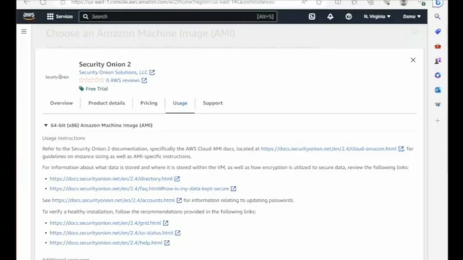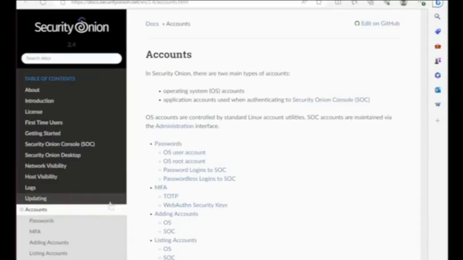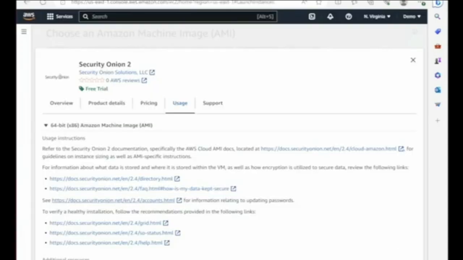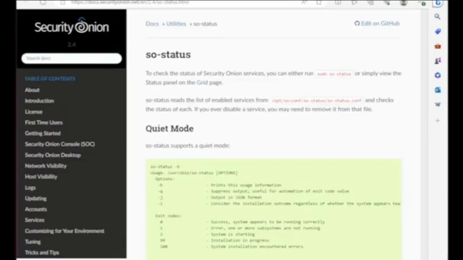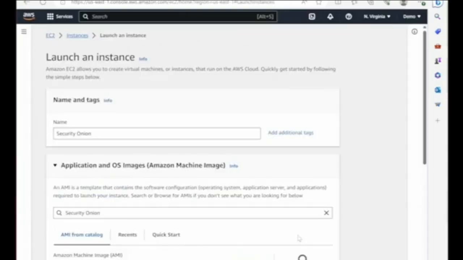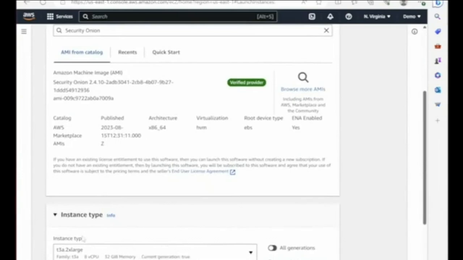You can also find default usernames and passwords within this documentation. Right here it says see accounts, so then you're going to see different types of accounts they have and different passwords for this interface. There's so-status, so right here you can see so-status to check on the Security Onion services and all of that. All right, and then we're just going to choose that, and then it already includes the instance types,